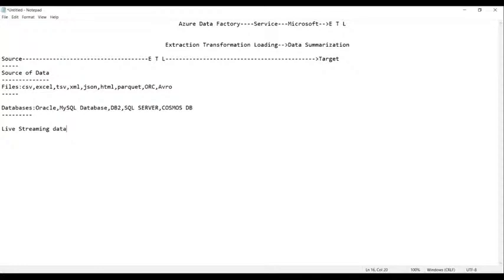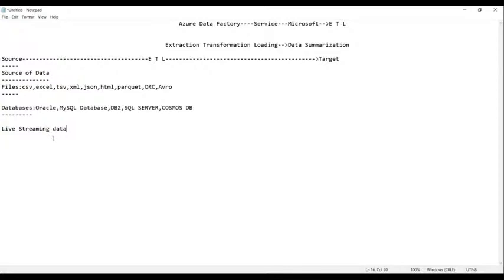Or, for example, a live cricket match: the score changes every minute or every few minutes. Likewise, constantly changing live data is nothing but live streaming data. The data which streams live is called live streaming data.